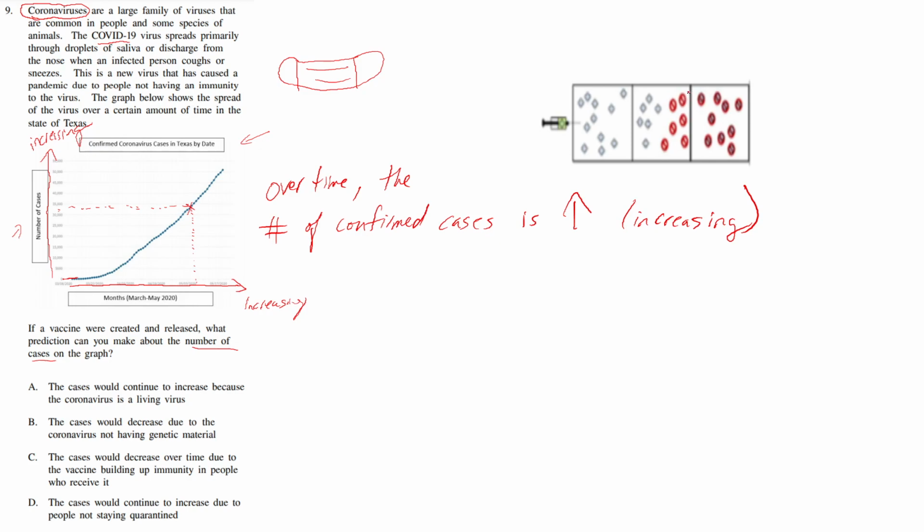So if we gave this vaccine to most of the population in Texas, almost all the population in Texas, what would you expect this graph to do in the future? I want you to think about that as you think about this question, and go ahead and attempt to answer it again, knowing what this graph is showing you and understanding that a vaccine is going to give immunity to the virus. Okay,